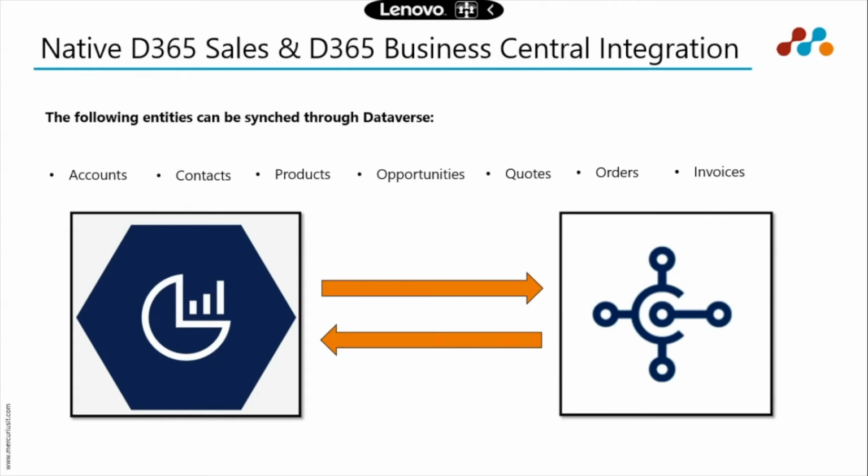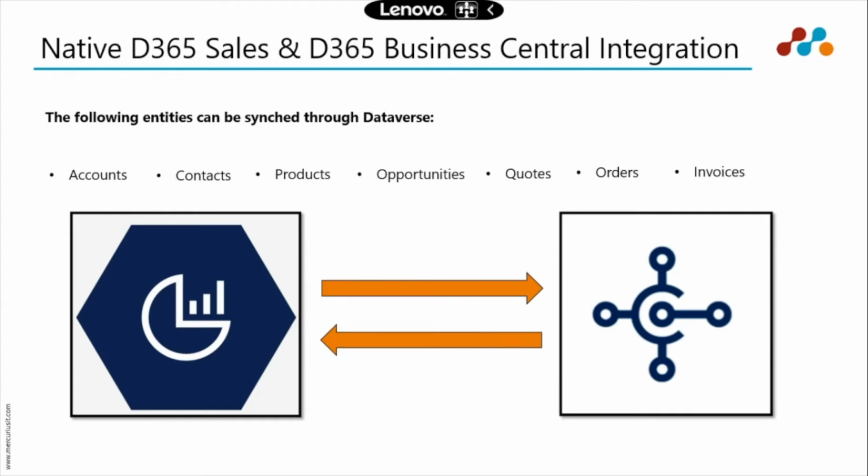Now, when I say manual process, there are two ways in which the integration can happen. It is either through a manual sync between the two applications, or it can be through default system jobs which are present in Business Central for some of the default entities like customer, contacts, items, etc. The default duration for these system jobs to run is 30 minutes, and these are configurable. Based on the system jobs configured in Business Central, there will be an automatic sync between Business Central and Dynamics 365 Sales. For today's session, because of timing issues, we will be showing you only the manual update features.